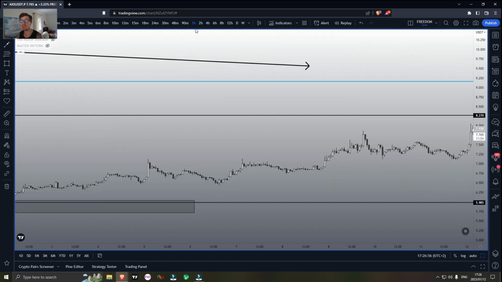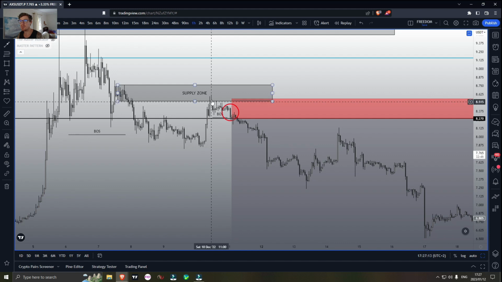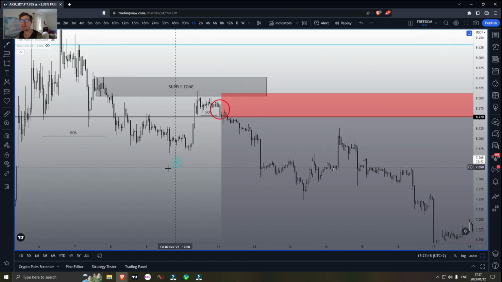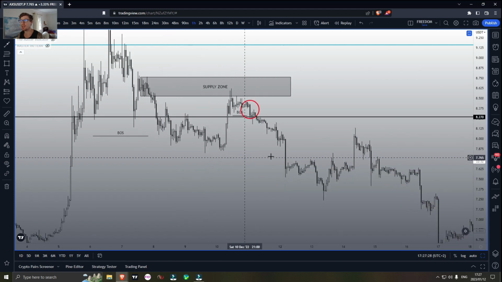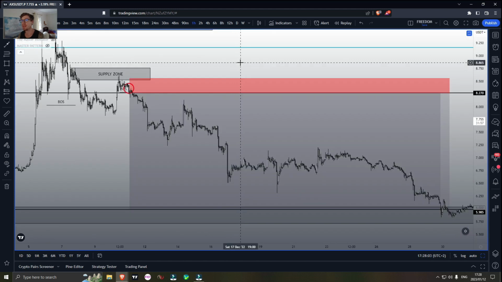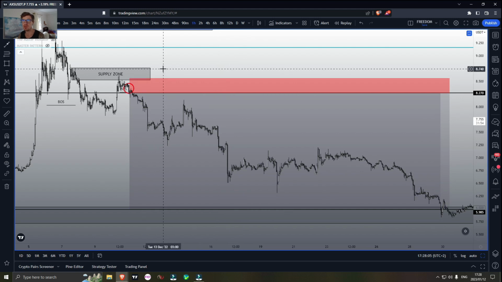I went into a lower time frame. I saw price come up, tap into the supply zone, saw more wick rejections here, and then I waited for it to break structure again. Broke structure with this momentum candle and this engulfing candle, and I entered right on the break of that candle. It was not the best entry or the best risk to reward, but it turned out to be a very